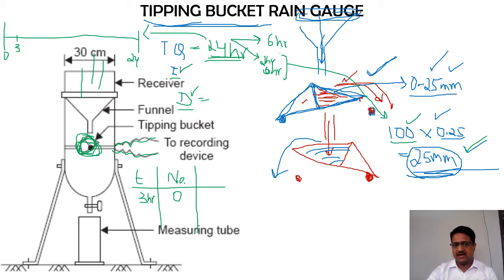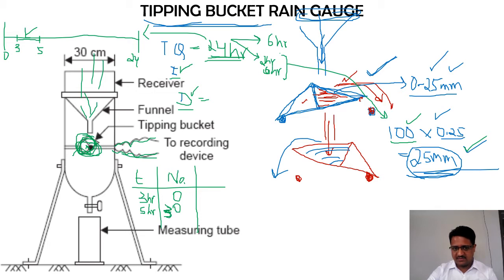Now imagine from 3 hours to let us say 5 hours, I had some rainfall, and once the rainfall starts, this tipping will start. Imagine from 3 to 5 hours. Usually here it will be minute-wise collection, okay, so just for the sake of explanation I am taking it in terms of hours. Now from 3 to 5 hours, imagine I have some 30 tippings which have occurred.